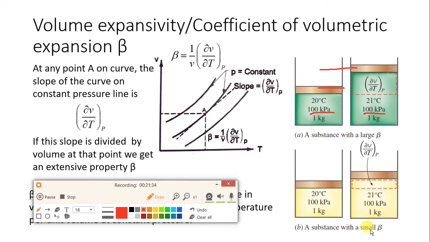Now here you can see that for small beta value, the volume of expansion which you can see over here is less. So this is the significance of this beta. When you have a constant pressure expansion process, when pressure is maintained constant, if beta value is more, then this dou V by dou T at constant pressure will be more. Similarly, when beta value is less, you can see this volume is less. Now we have to use this in some other cases in Mayer's relation. That is why we are going through this part.